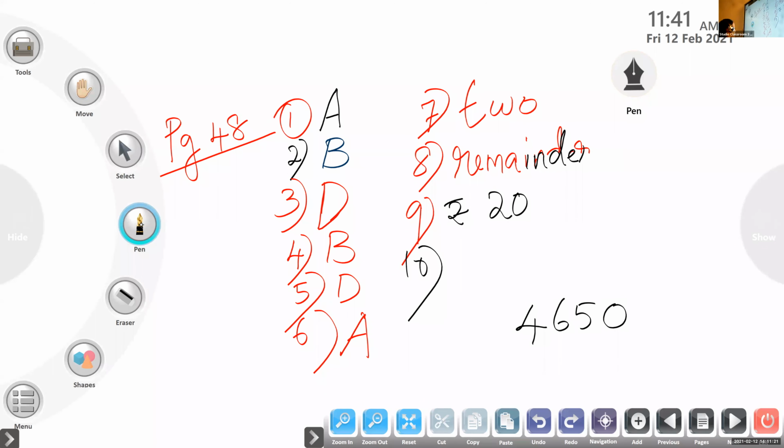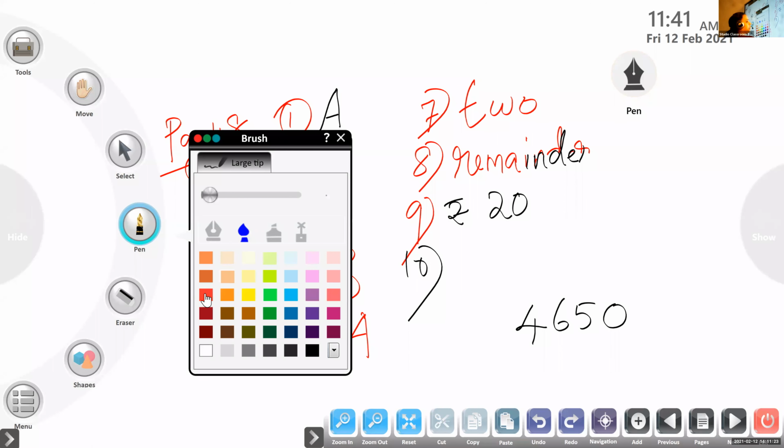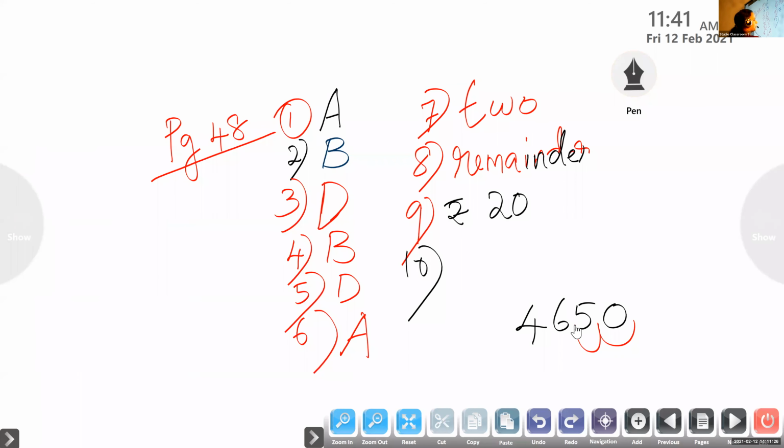Yes, Celine, she's going to do it. How many digits are we shifting? 2. Then what's the answer? 46. So we will write 46 point. Children, here we will write 50 paise, because we have 50 paise here. So we will write rupees 46.50. So we will write only rupees in the front.